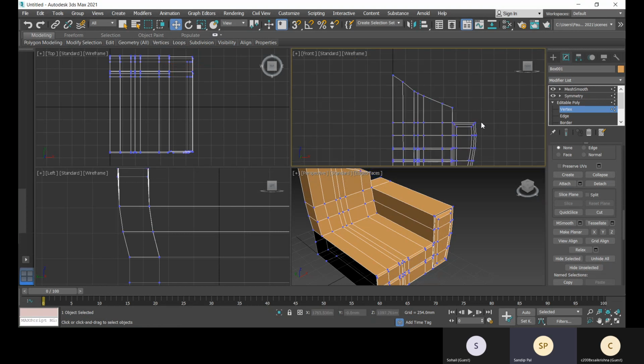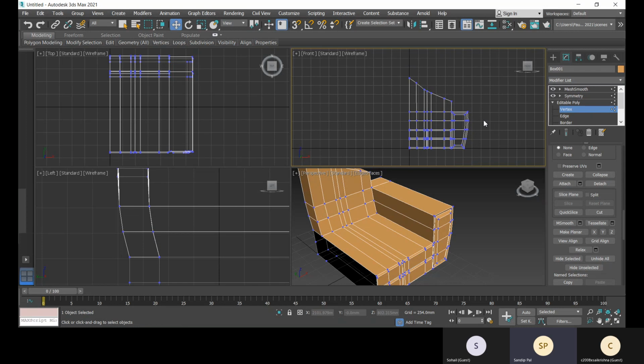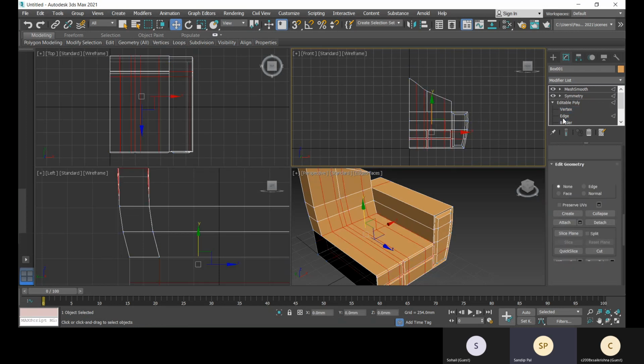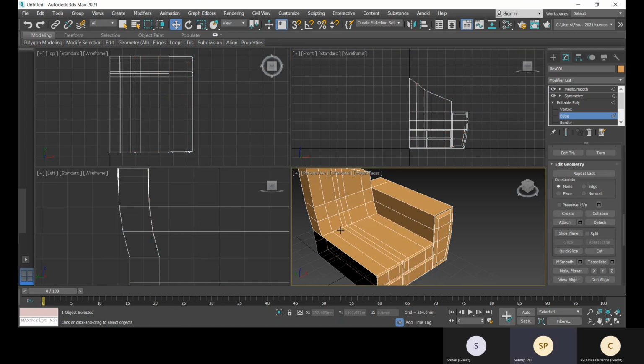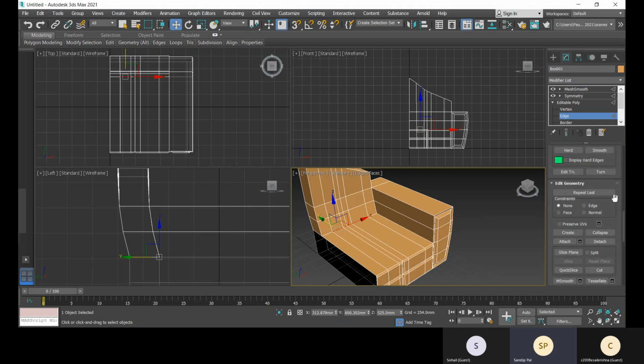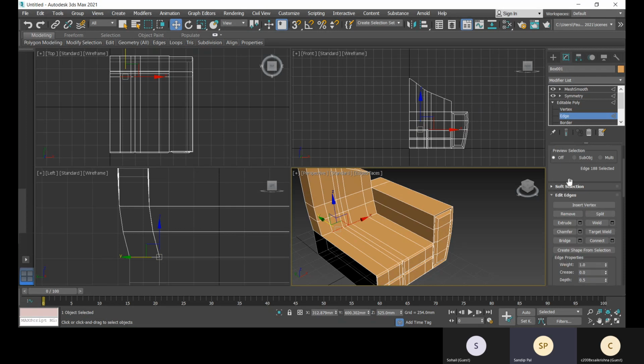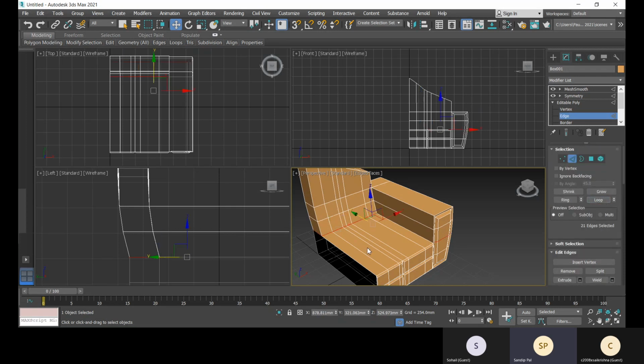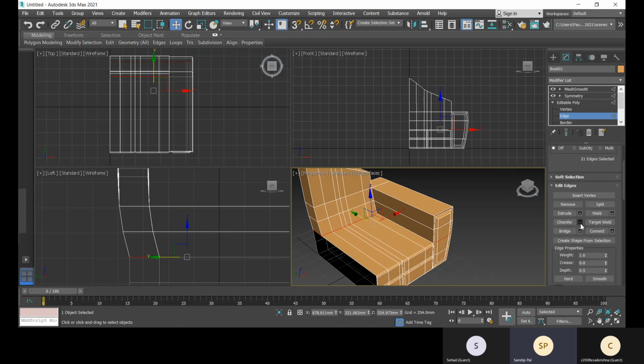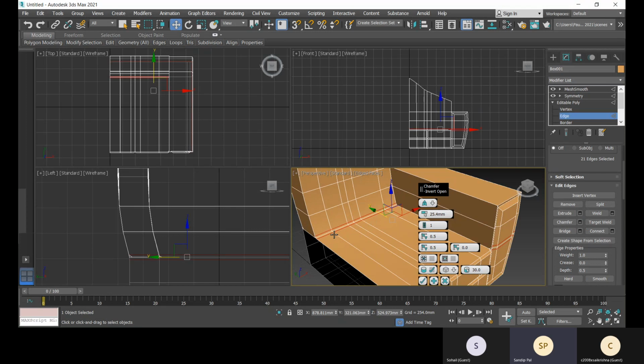Okay, so this way I'll create, and next I'll go to this edge and select it. To select these continuous edges, I will select only one, and there in that selection I'll get this loop option. This will allow me to select all the edges connected with that edge, and then I will click on this chamfer.